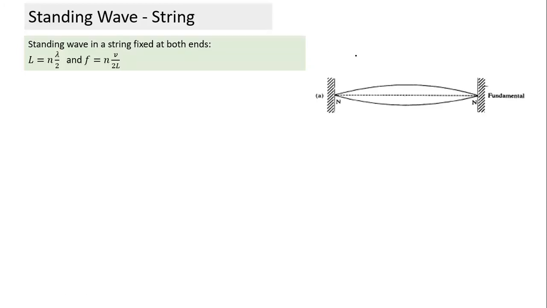If two traveling waves of equal amplitude and frequency are traveling in the opposite direction, when they superimpose, it forms a standing wave. And the reason we call it a standing wave is that there are certain points which always remain at rest. So the best way to understand a standing wave is to visualize or draw this figure.